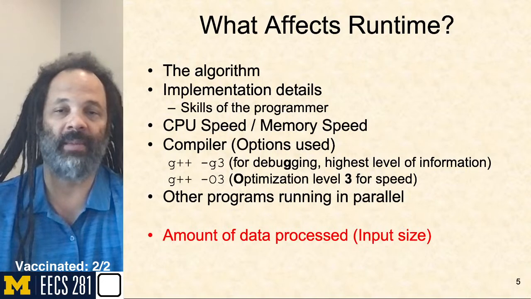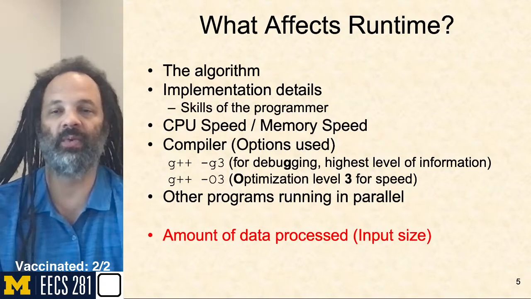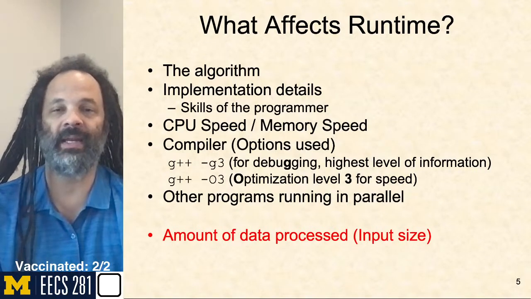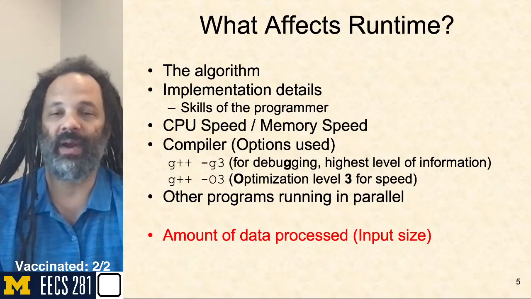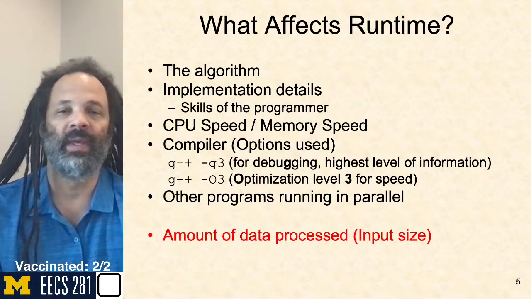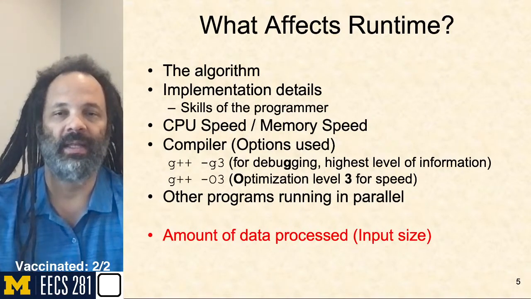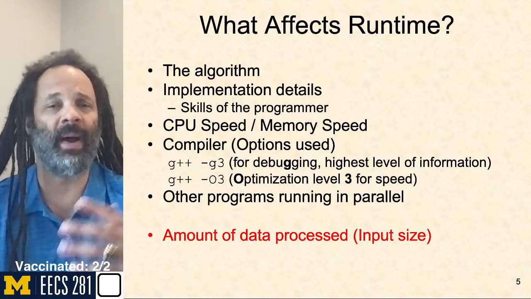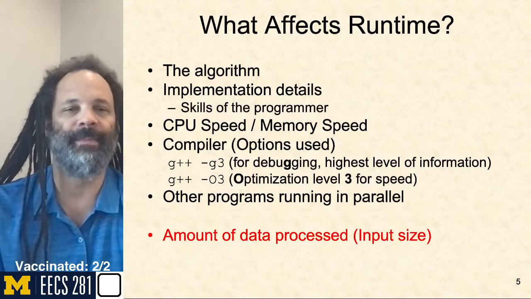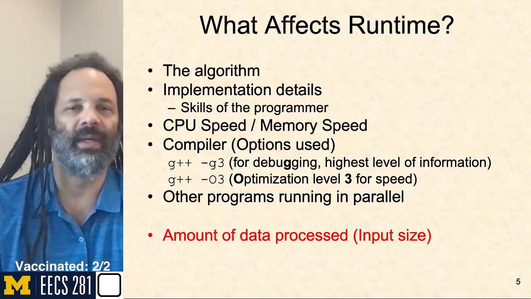So what affects runtime? Of course, we've got the algorithm. Up front, that's the thing that we're always wanting to choose the best of. We've got an n-squared algorithm and an n-cubed algorithm. We're probably going to take the n-squared algorithm all the time. The only time I might take something that's a worse time complexity is that it might offer some better memory complexity. And if I've got a really constrained system where I have some memory deficit there,